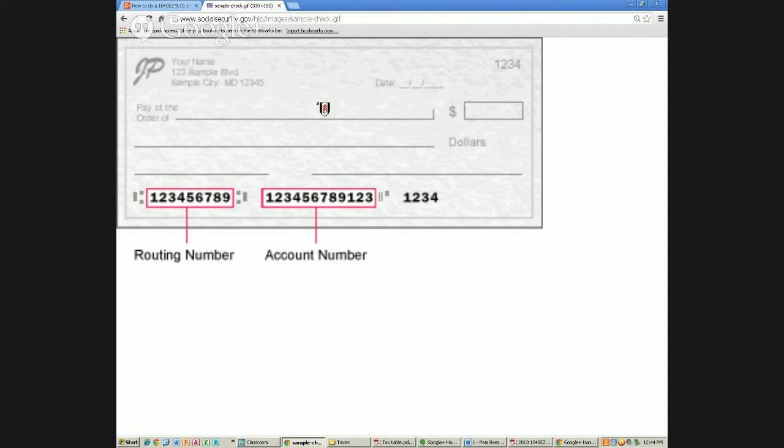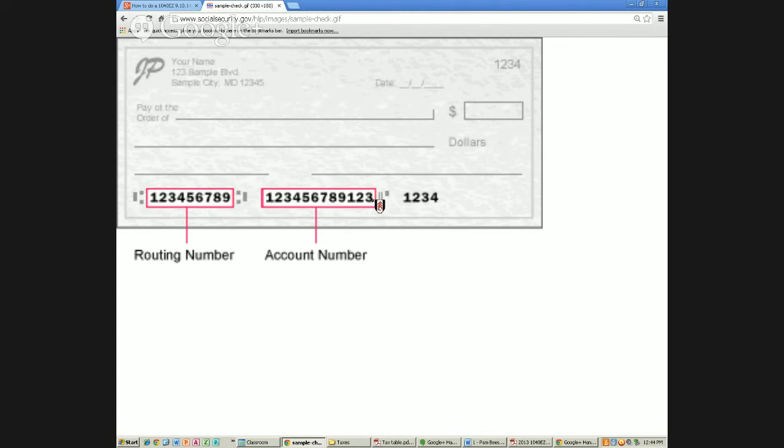When you make an offer on a house, they need this thing called good faith money. Even though I'm buying something like $175,000, they're like, hey, I need a check of $1,000. Why? Because it shows you're serious. They just want a check showing that you're thinking about buying the house. So you're going to need to know this eventually. But yes, you've got your routing number here, and you've got your account number here.